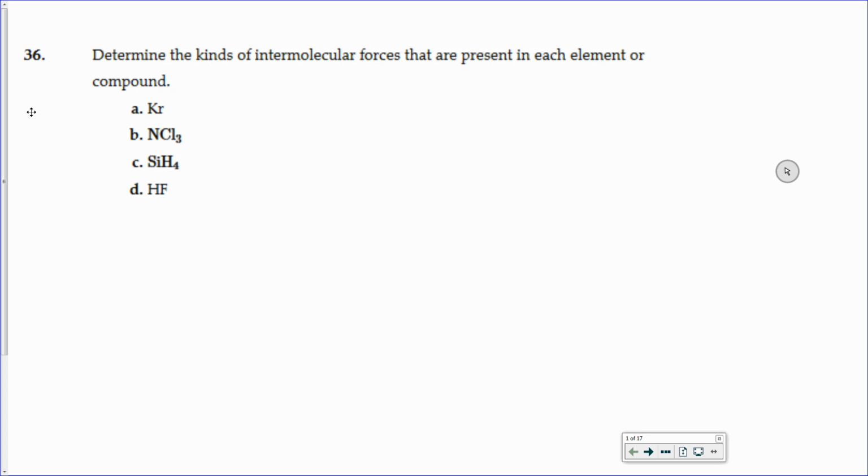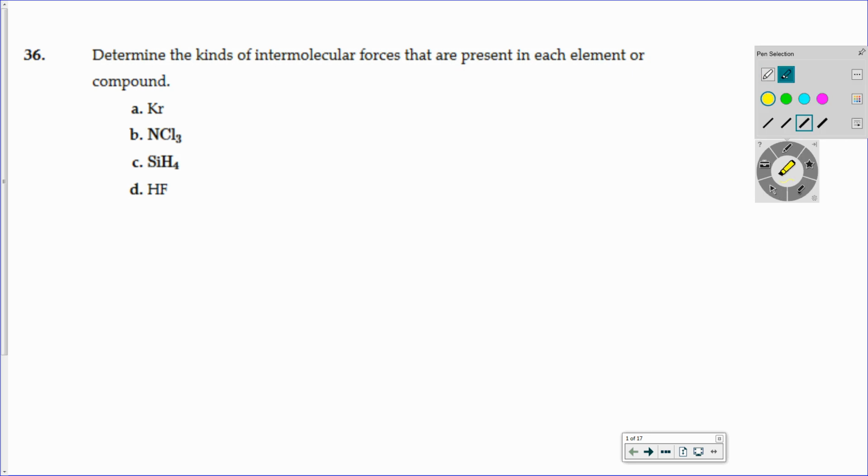The question asks, determine the types of intermolecular forces present in each one of these elements or compounds. And just to review the possibilities that we have: dispersion forces, dipole-dipole forces, hydrogen bonds, and then ion-dipole interactions. So there are 4 possibilities that we could put on these things. Okay, so what would I put as answers for these guys? So the first one,